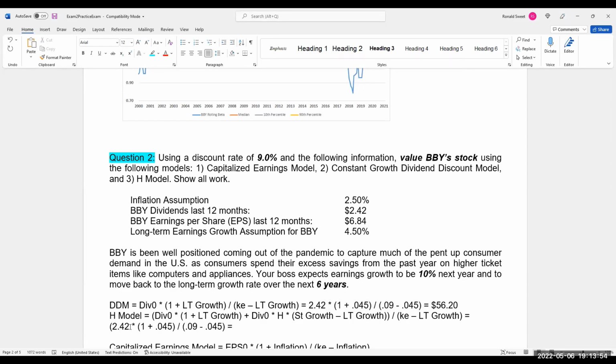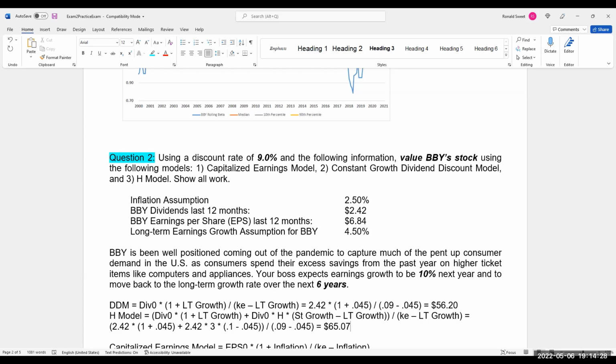242 times 1.05, 1 plus 0.05 plus 2.42 plus. All right. So your boss expects earnings to grow at 10% next year and get down to 4.5% over 6 years. So that makes your H 3. It's whatever half of that is. So if I say 6 years, your H is 3, your short-term growth is going to be 10%, and your long-term growth is going to be 4.5%. When I do all of that, I get